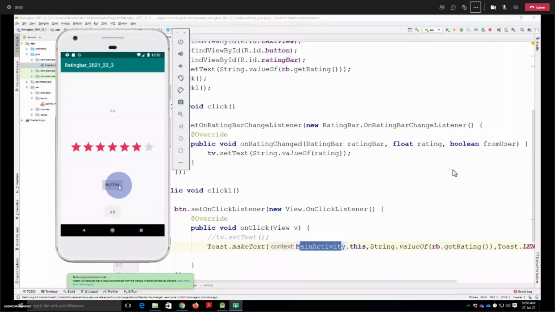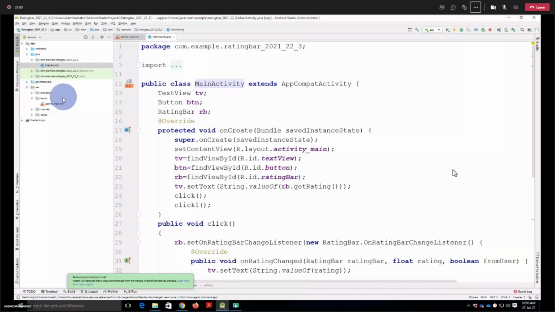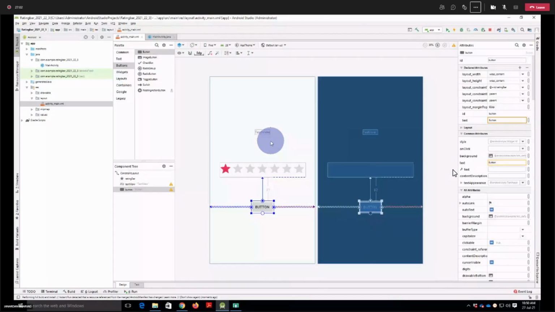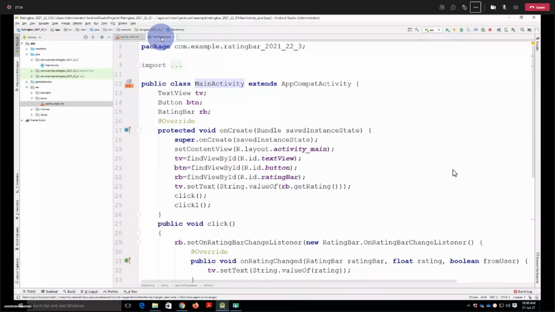So again repeating everything we have done in the design part, we have added three controls, that is text view, rating bar and button. Once the design is over, you can click on the infer constraints for giving the constraints automatically. Check the IDs. If you want to change some of the properties, you can change it from here. Just select the particular control or a view and then you can proceed accordingly, and then you can go for the Java file.